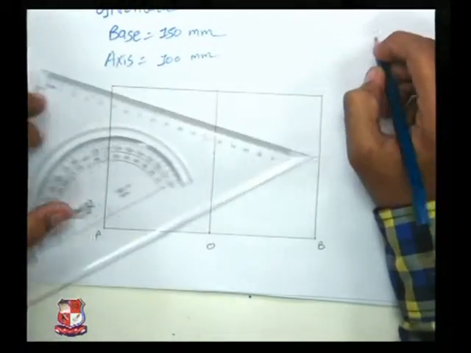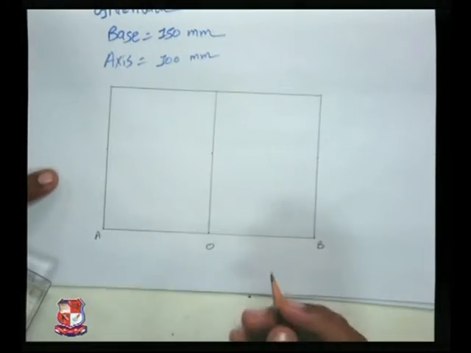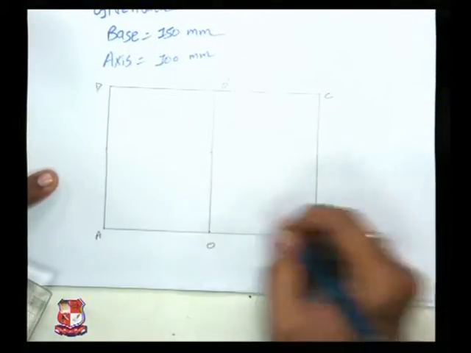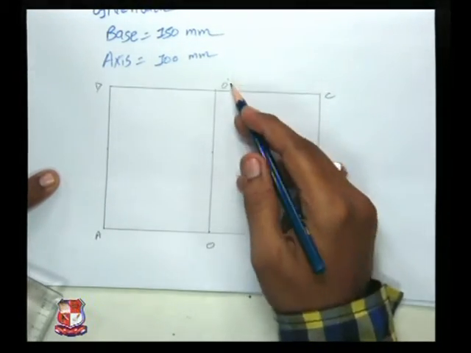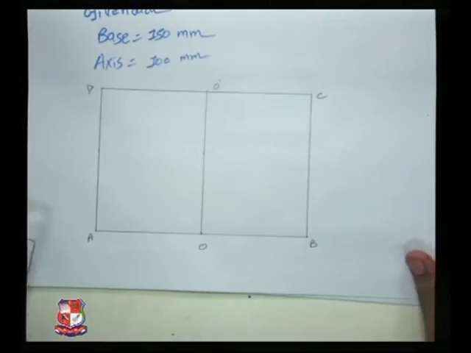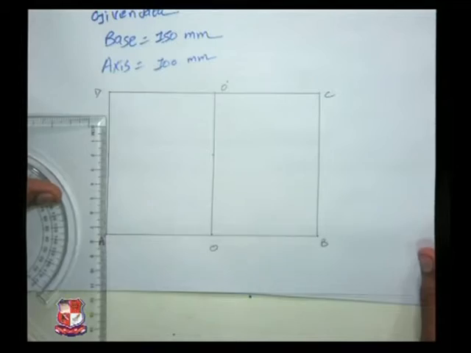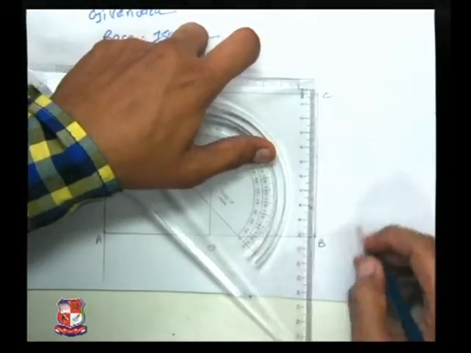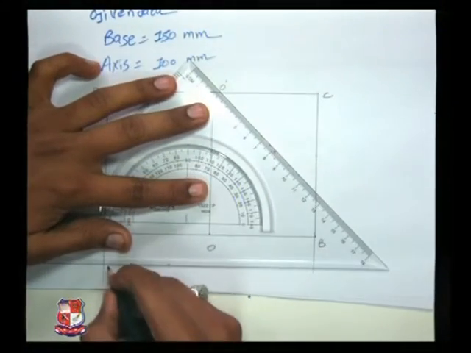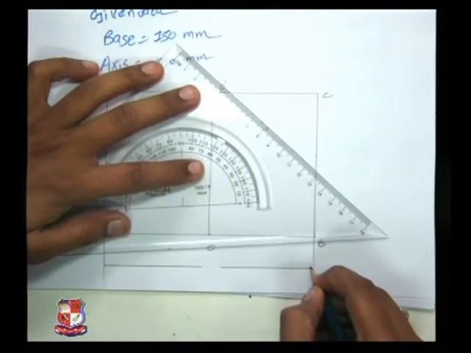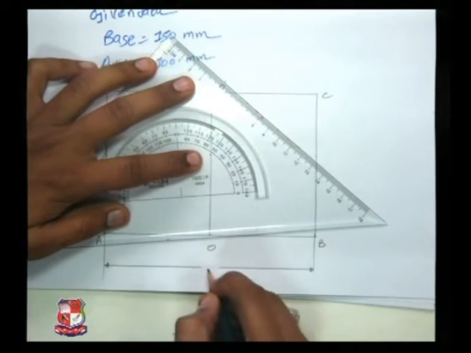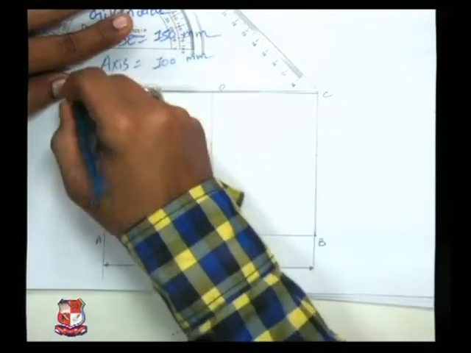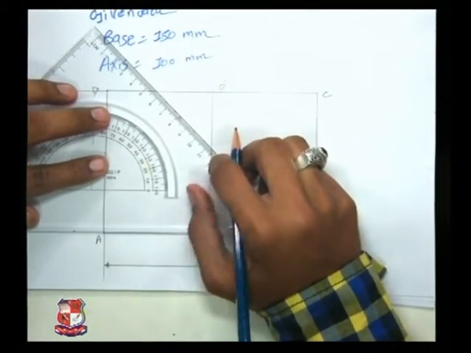As it is rectangle method, let's close the rectangle. Naming it A, B, C, D, and the mid section would be O dash. Giving the dimensions in the starting itself. 150 is the base and axis is given as